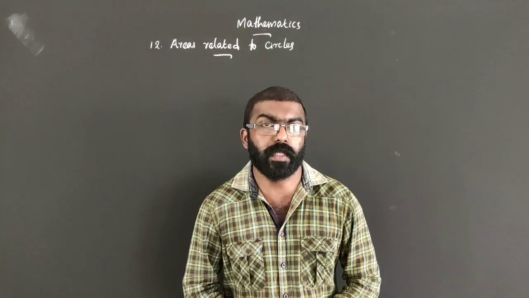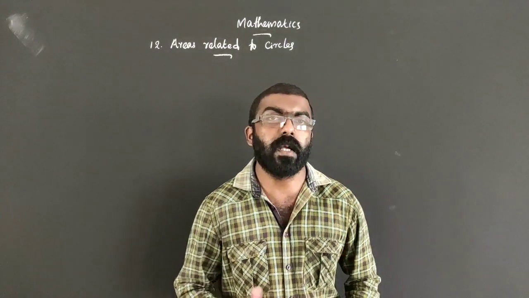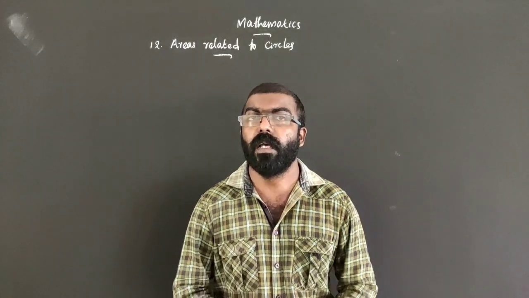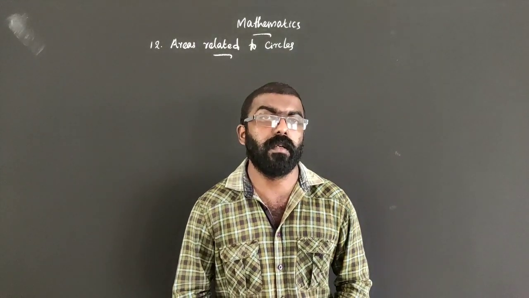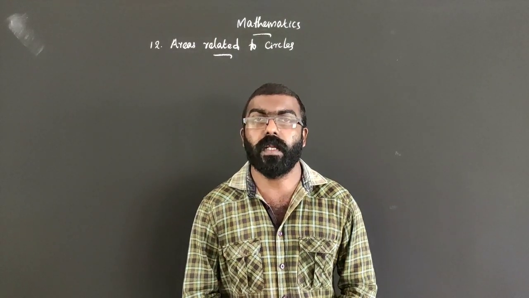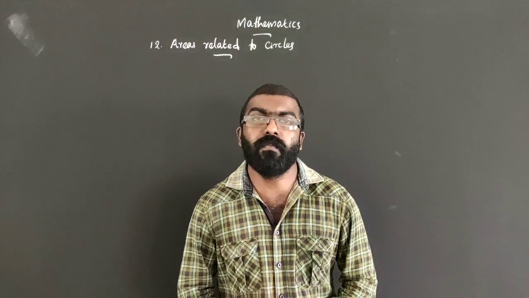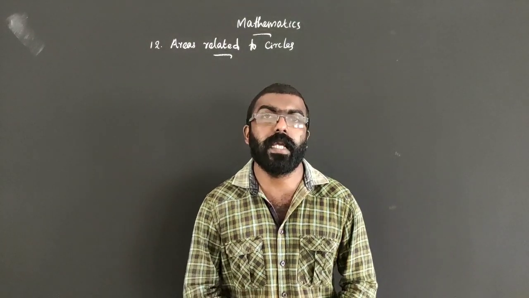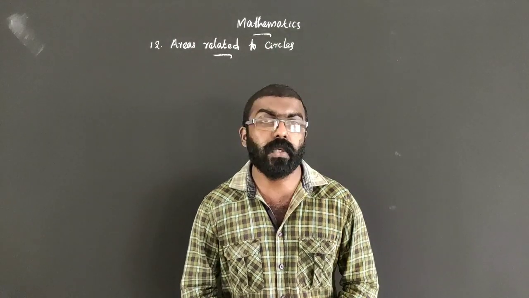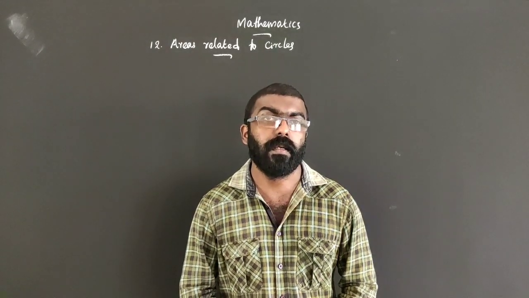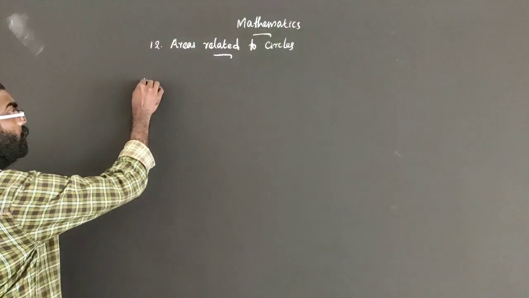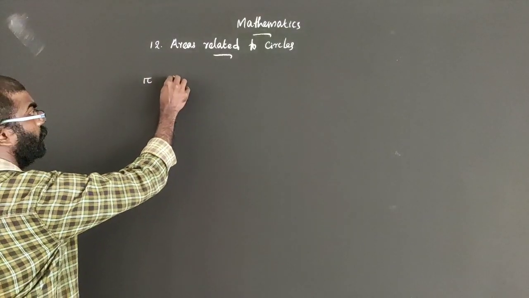What is the perimeter of a circle? The distance covered by traveling once around the boundary of the circle is called the perimeter. Usually we denote it as the circumference of the circle, right? And we know the circumference of a circle bears a constant ratio with its diameter, and the ratio is denoted by the Greek letter pi. Okay, so this symbol we read as pi.